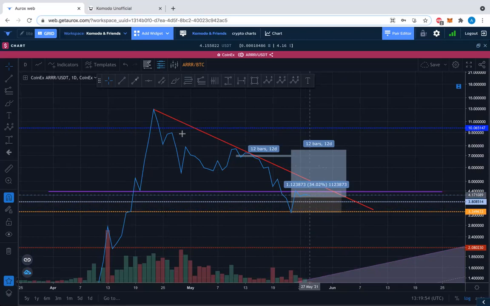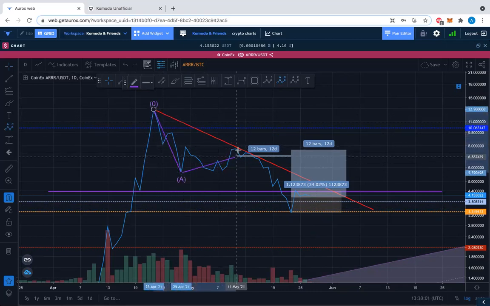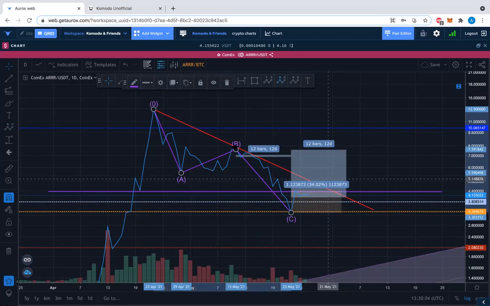Well, we could know that we're completed if we break the 0 to B trend line, right? Starting there, to there, to there, to there, and then we break this trend line created by the 0 to B in at least the same amount of time it took to create the C wave from point to point, which in this case is showing 12 bars, which is 12 days. So that would mean that we would have to break this downtrending line within these 12 days, which would bring us to about 4th June.